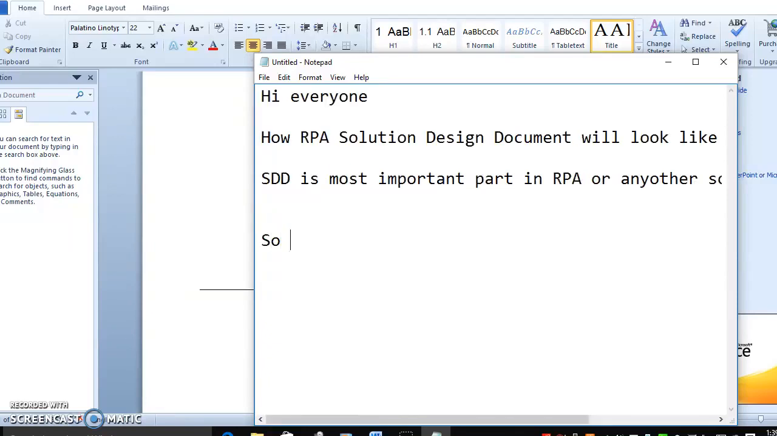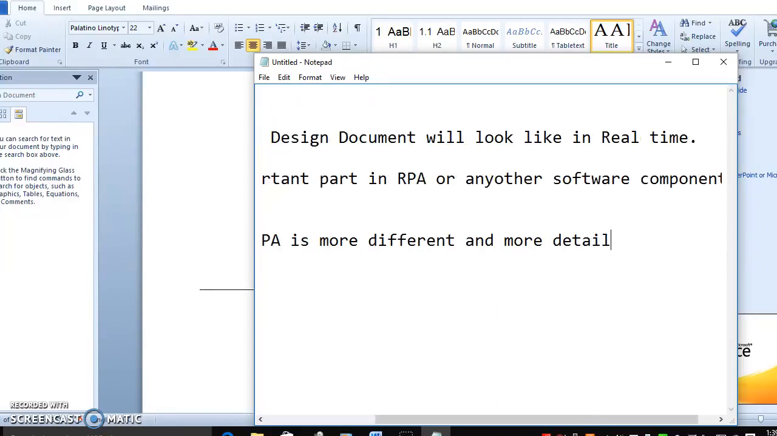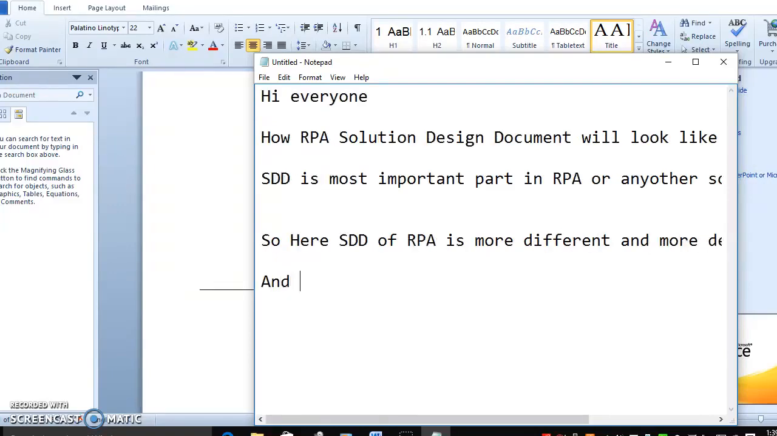So here, the SDD of RPA is more different and a more detailed process, and in real time